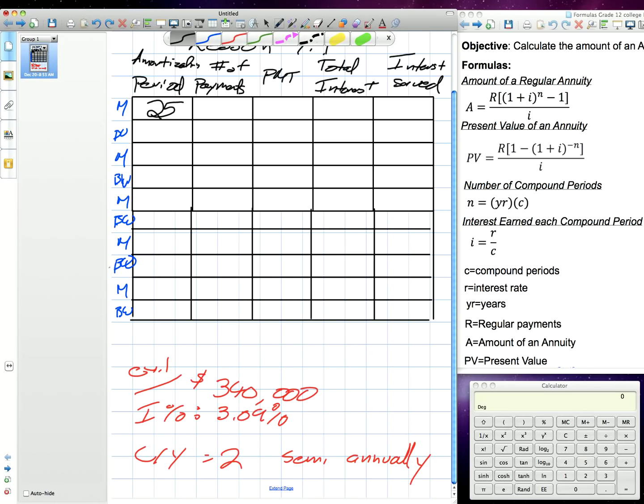And the first example, I have an M on the side. I want you guys to realize that means monthly payments. I've also tried to squeeze in the initials BW. Those are for biweekly payments. We're going to calculate a 25-year mortgage and what the difference is with biweekly payments and monthly payments. Okay? We're going to try to see what the interest difference is and how much interest is saved in terms